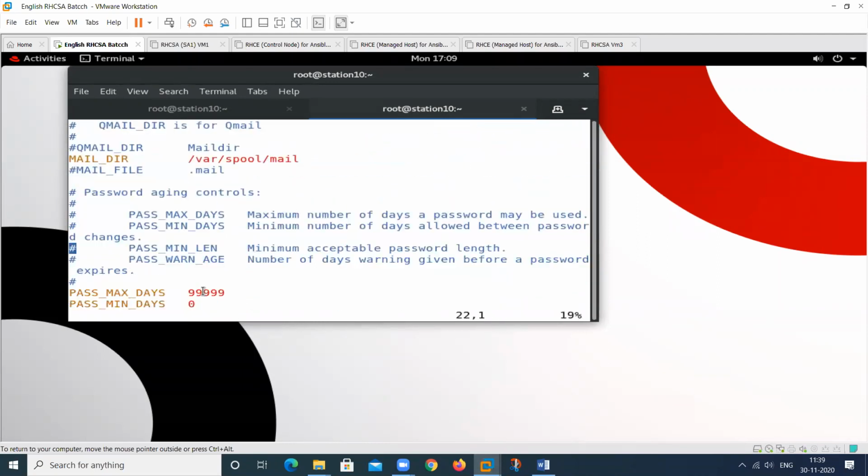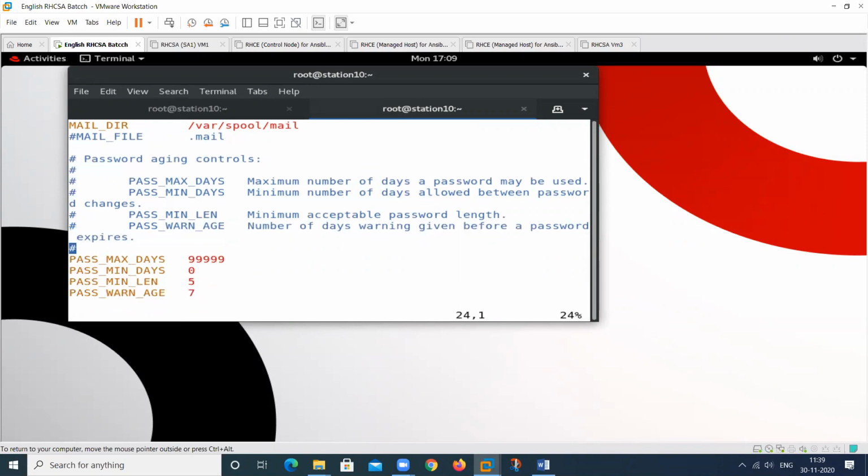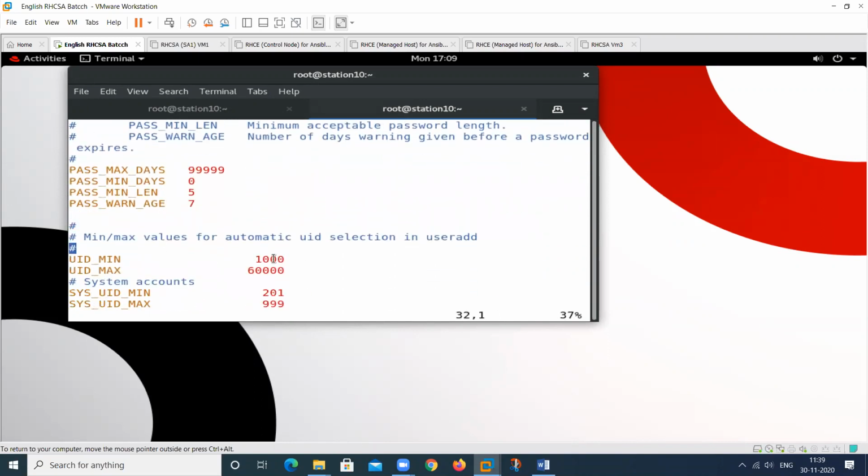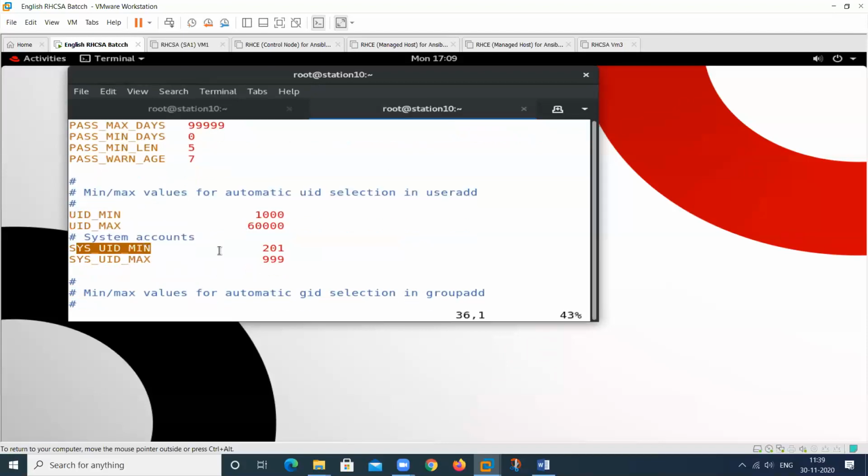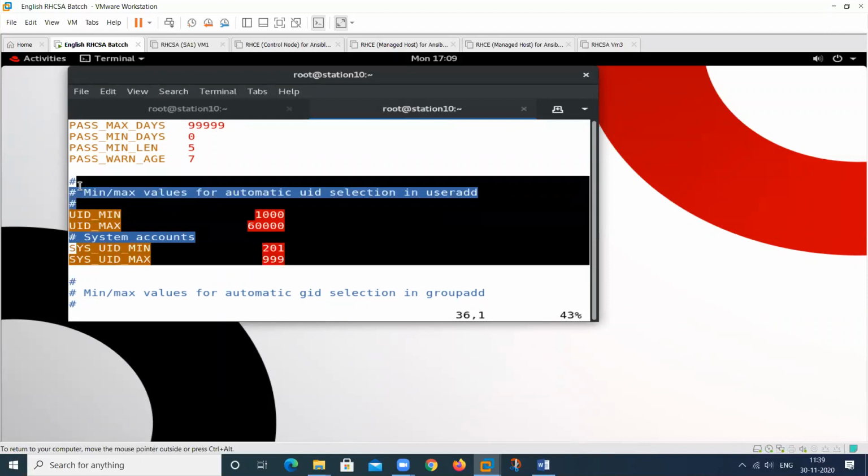So there is the maximum days and minimum days information, the user ID that is started, maximum ID up to 60,000, or we can say 65K also. Then minimum ID 201, maximum ID 999. This is for the system account.